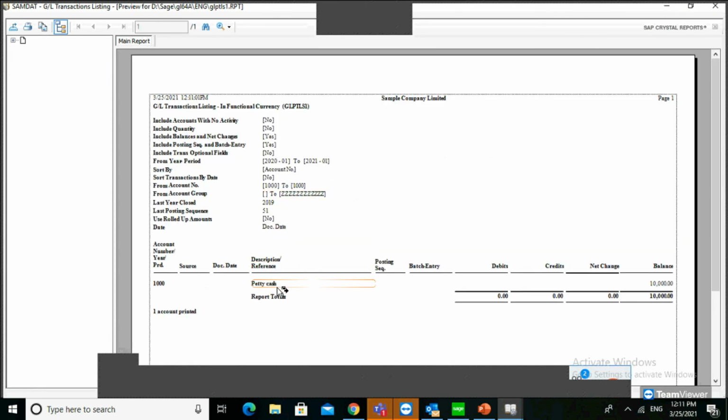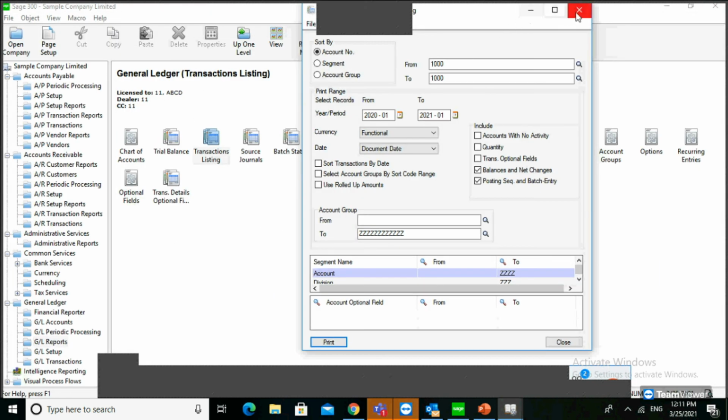For January there is no transaction in the particular account, only the balance. If there were transactions, you can identify the budget entry number, what is a debit and what is a credit, what is a net change, and also the document date and the source journal from this report.